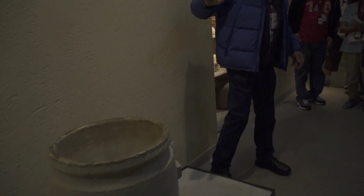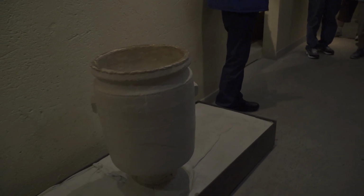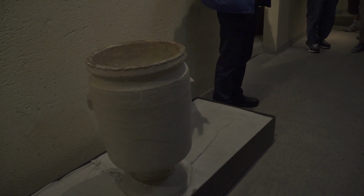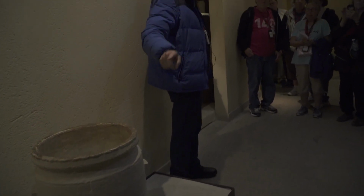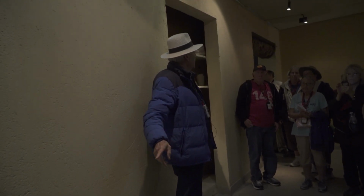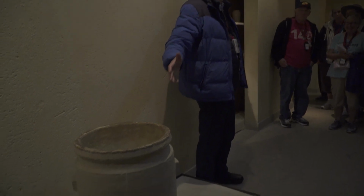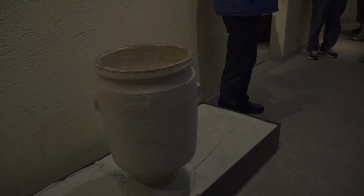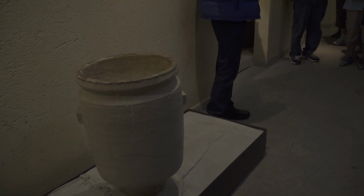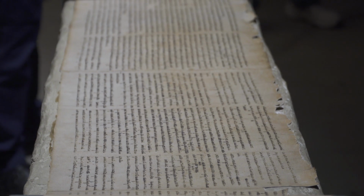Every Jewish home of fairly good economical situation would have a few vessels that would be containing water. These are the vessels that Jesus changed the water into wine. Okay, this type of vessels. And this is a water container. It could contain oil, it could contain anything, because this limestone is not absorbing impurity. It could be purified. Parchment, which is animal skin,